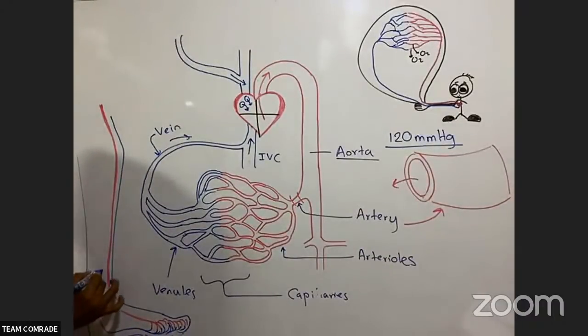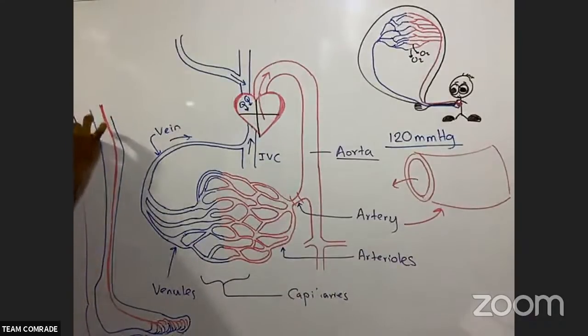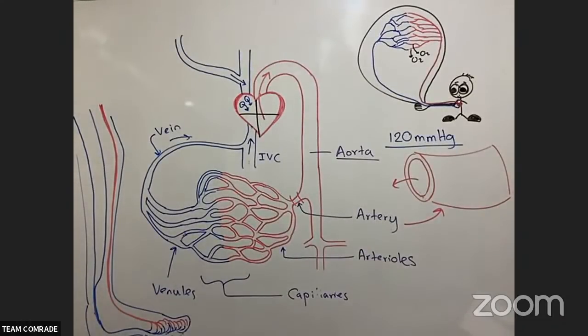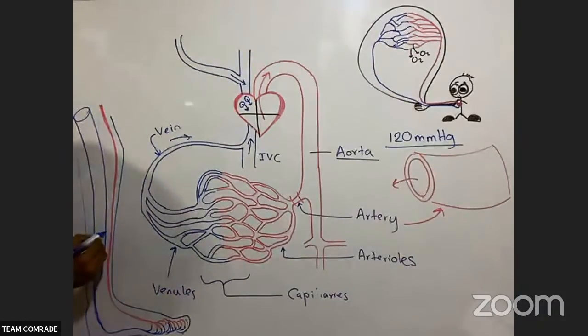Now I will zoom it. This is not this big. I will zoom it and show you. Now you see here, the vein is like that. Veins have several structures, actually the valves, like we had tricuspid and bicuspid valves. Like this, they have valves.